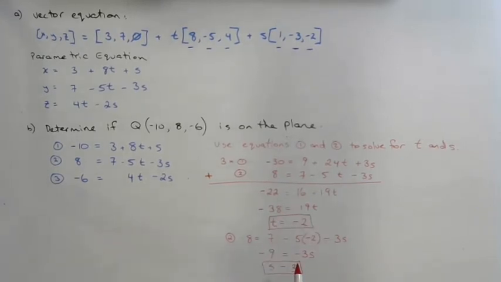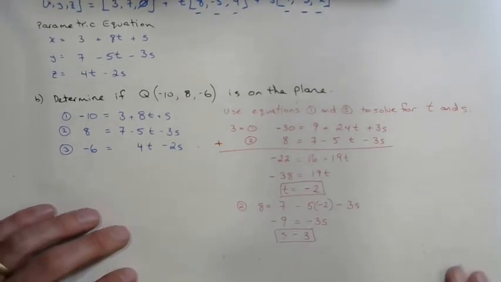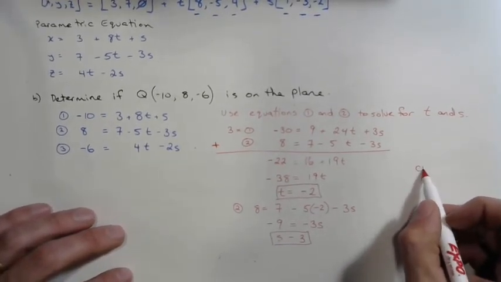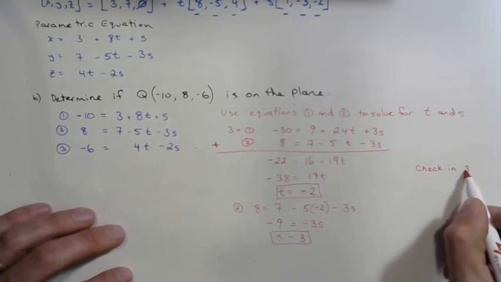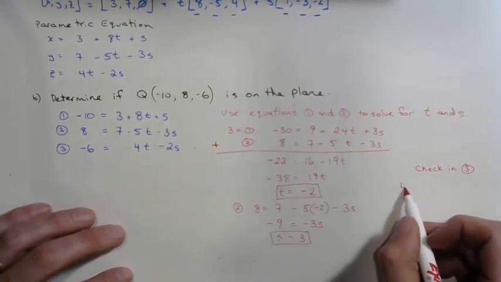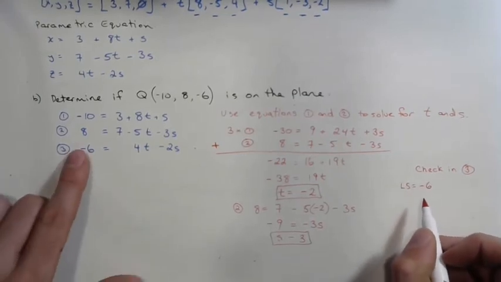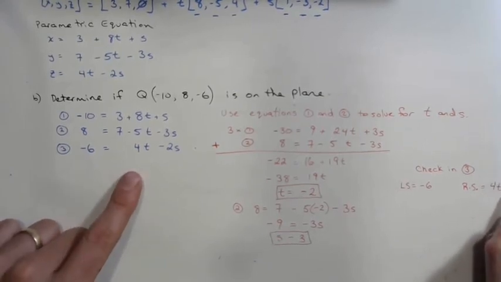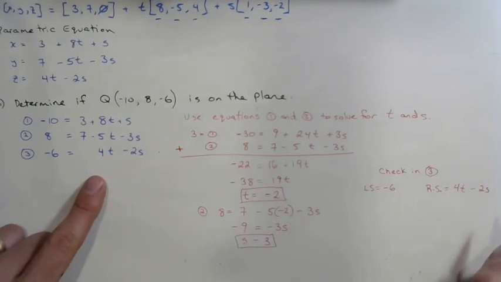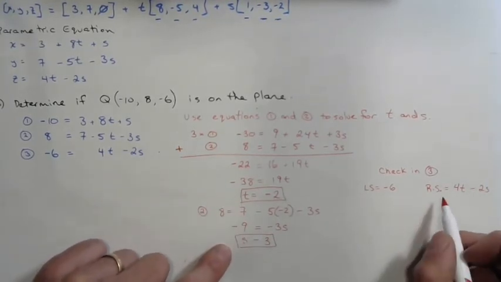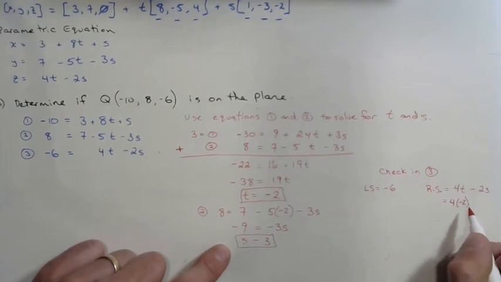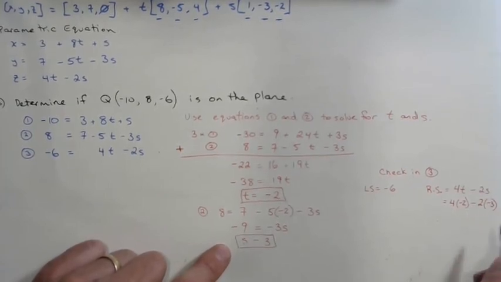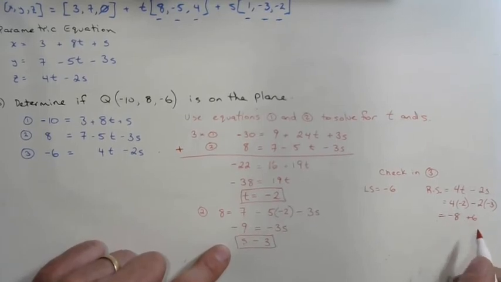And now that I have the two parameters, t and s, I would just use equation 3 to check that this is true. So maybe we'll do it over here. Check in 3. So if I go left side, which equals negative 6, and right side, which equals 4t minus 2s, and then sub in my solutions for t and s. 4 times negative 2 minus 2 times negative 3 gives me negative 8 plus 6,